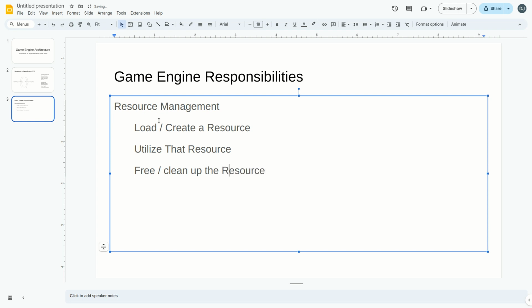Let's keep the capital consistent. I am not consistent with capitalization. I guess in this case, clean up is the action. Anyway,